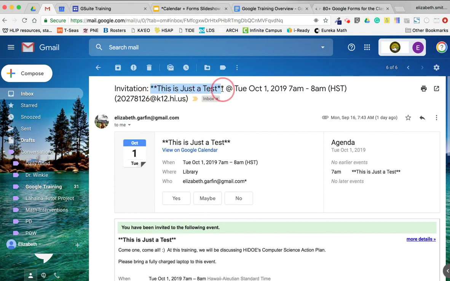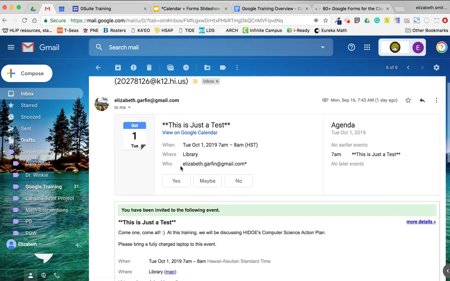I titled it with all of those stars. So it says this is just a test. This is just a test. It tells you what day, the date, the time, and who sent it. So as you can see right here, I can say, yes, I'm going to attend if I want to, or maybe I need to look into it, or I can flat out say no. If you look down below,